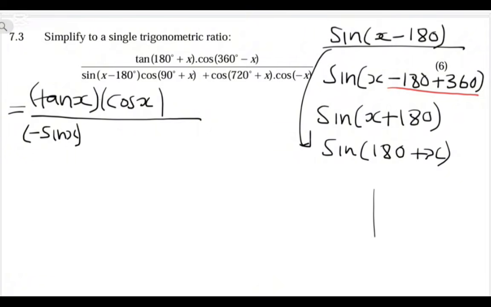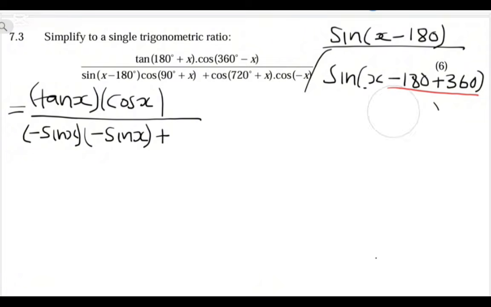Cos of 90 plus theta or x is found in the second quadrant. But when we talk about 90s, we're talking about the cofunctions whereby the cos has to change to sine. So this one is going to be a negative sine of x. Why is it negative? Because cos in the second quadrant is negative. Perfect. So we're going to have plus, and then sine of